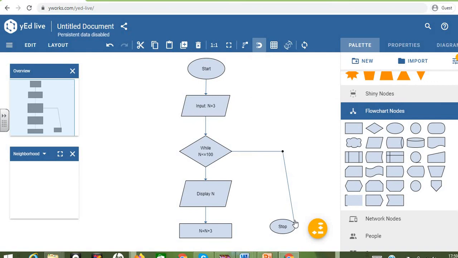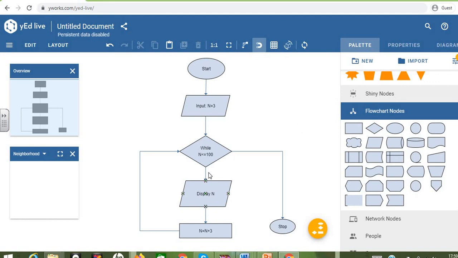Okay, I think this is okay now. Okay, so here from the action box, the loop has to go back, right? Okay, I think now it is perfect. So after this condition, if the condition is true, it has to print that number, and then it has to go for the next step, right? If the condition is false, the process will stop here. So using this logic, we can print all the numbers which are multiple of 3 up to 100, right?